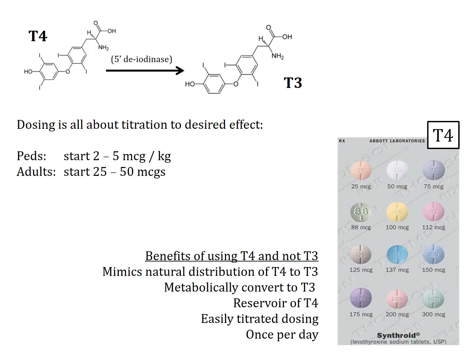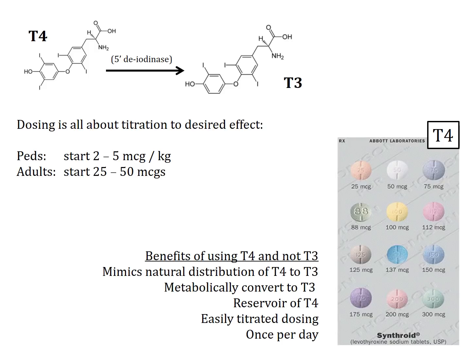Most individuals who are hypothyroid get supplemented with synthetic T4 in an oral tablet, and that oral tablet is referred to as Synthroid, and you can see a number of different Synthroid tablets at the bottom there, all having varying dosing. The typical way to start treating somebody with hypothyroidism is to start them with a low dose of Synthroid and then start to titrate up to get them controlled back to a normal thyroid state.